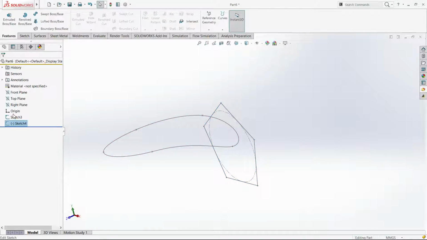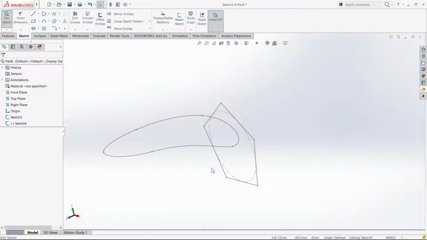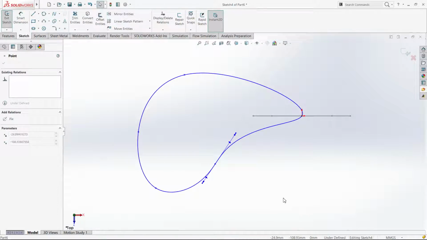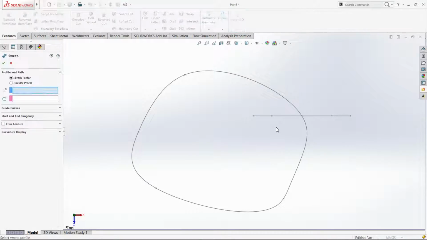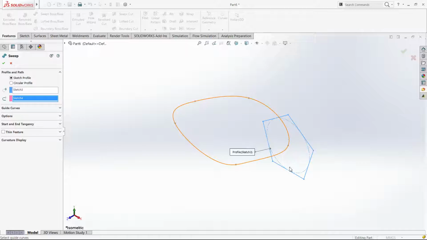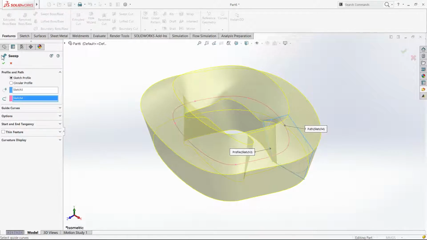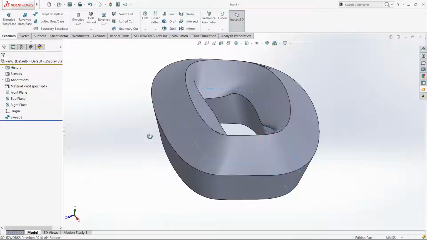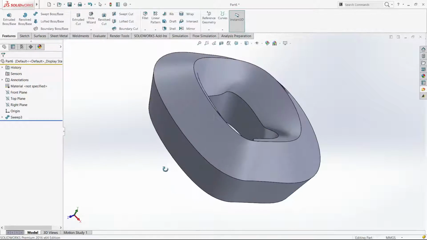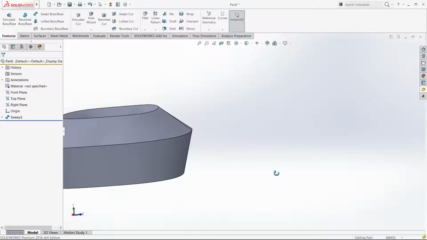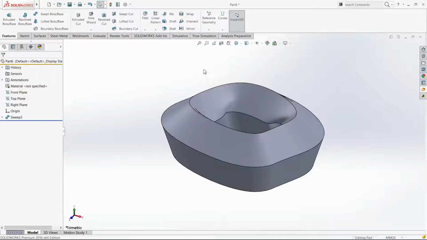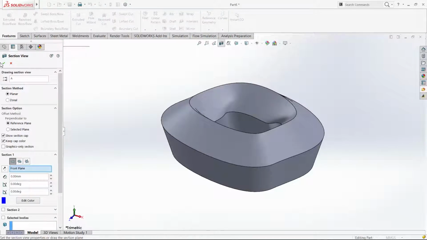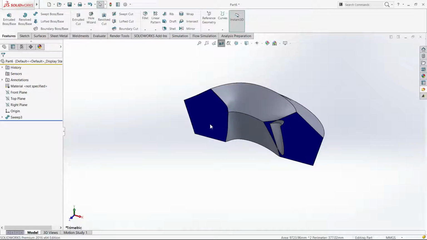So one way of fixing this, I go Ctrl+8, and I increase the radius by pulling on this side, and hopefully now it's good enough. Profile, path, and there you go. Go OK, and this is a really weird shape, which is expected actually just because I didn't give any restrictions to it. So if I go cut view and I go normal to this face, if I can actually do it,